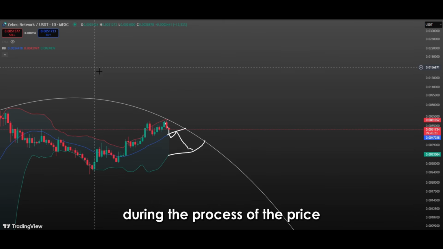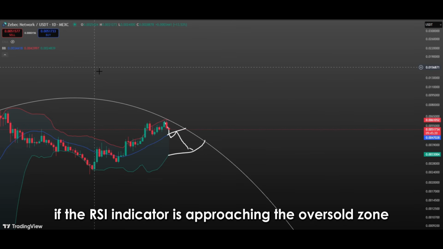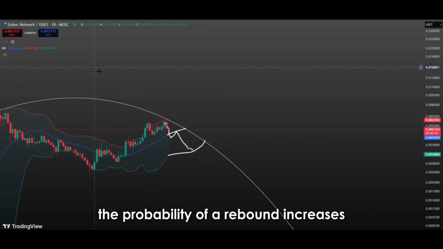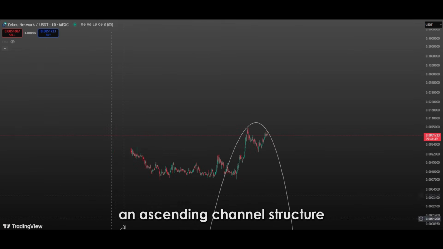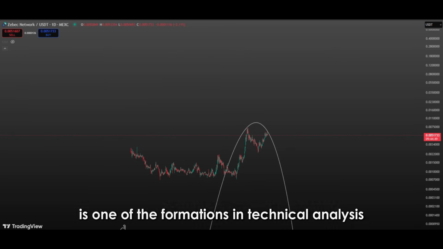During the process of the price moving from the middle band toward the lower band, it is important to confirm the signal with other technical indicators. For example, if the RSI indicator is approaching the oversold zone, the probability of a rebound increases when the price reaches the lower band. The MACD indicator, an ascending channel structure, is one of the formations in technical analysis where